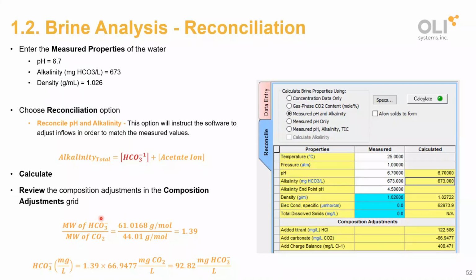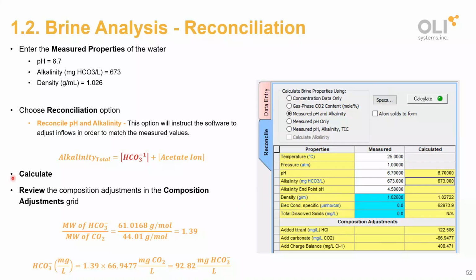So basically, what it does is it's removing CO2, right? It's removing CO2. So to match the bicarbonate, we need to know the molar ratios. So in here we have the ratios of bicarbonate and the ratio of CO2, that's 1.39. And then we multiply that by the value that was removed, and that gives us the total bicarbonate that was actually removed from solution or changed from solution. Okay, so any questions about this?